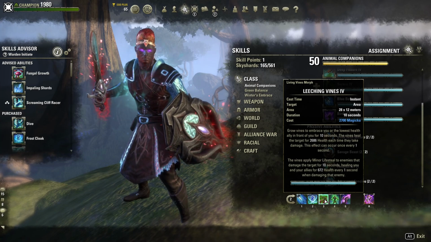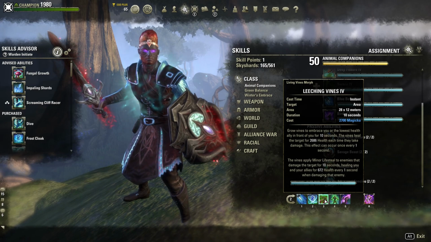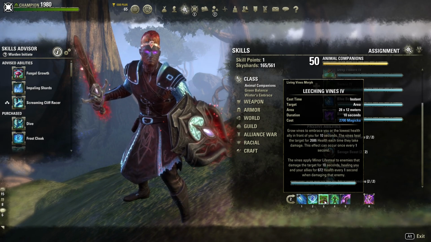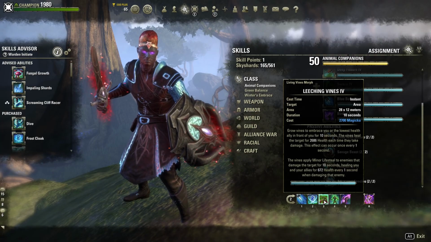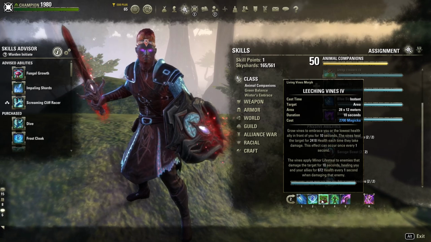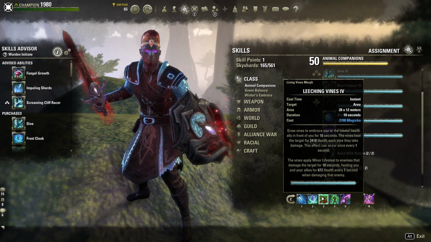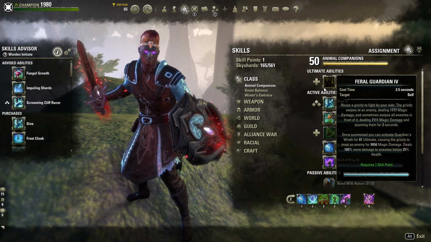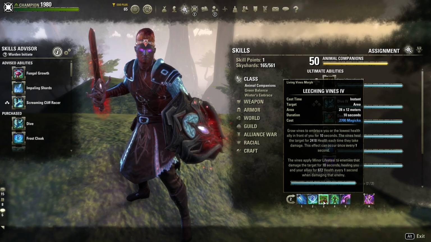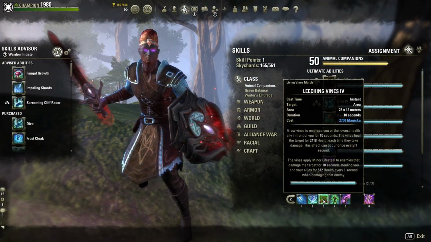Leeching Vines, this is, in my opinion, one of the best single target heals in the game. Heals you every time you take damage, and it also applies lifesteal. Now, it is completely fine to go with the other morph. Personally, I think both morphs are equally strong, but I like the lifesteal morph because first of all, lifesteal can crit. So when I'm on the offense with Northern up, I'm pretty much guaranteed a crit heal from lifesteal every second. So it adds to my survivability a lot when I'm going on the